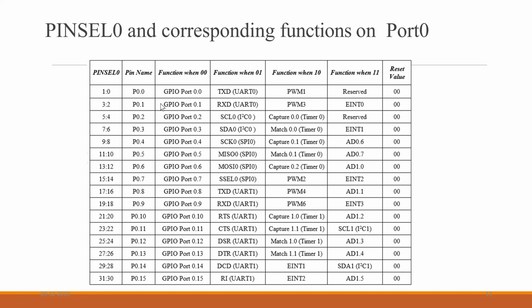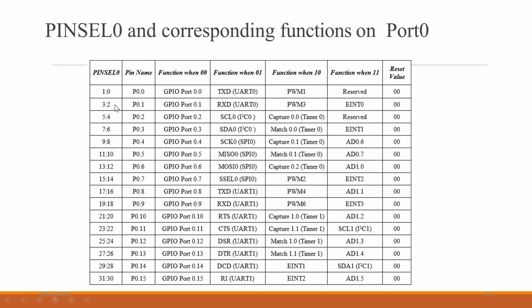Here you can see that if you want to program P0.1, and you give second and third bit 0, 0, it can be used as GPIO. Normally in all of the pin cell registers, we use the function value 0, 0 when we want to use it for general purpose input output. Of course, you need not remember all this. This is just an example showing how they can be used for 3 functions.